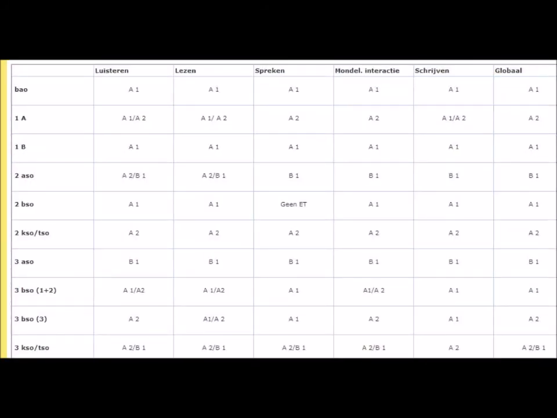Now, what has happened here in Flanders? This is specific to Flanders. The Department of Education has taken this document, and for the various levels of education and for the various skills, and notice they only use the 5 skills, but they do add something called global, which is an overall view of somebody's language. They indicate at what level a student should or hopefully will be performing when they are done with